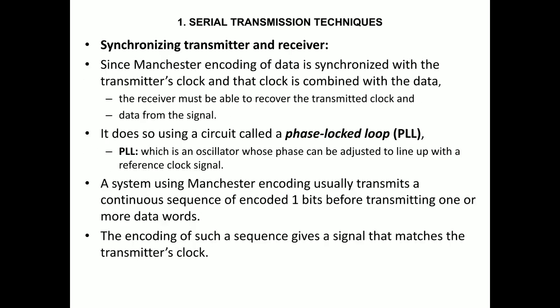Next, the main advantage of Manchester encoding over NRZ transmission is that it contains sufficient transitions to allow clock synchronization without the need for separate signal wires. You don't need any separate signal wires, meaning the receiver enable signal, receiver clock enable signal, receiver ready signal. We don't require those signals. We can use only the transmitter clock signal combined with the data signal. The disadvantage is that it takes more bandwidth to transfer the data.